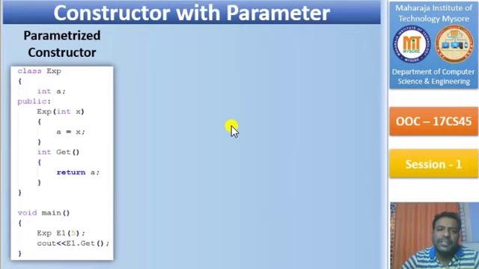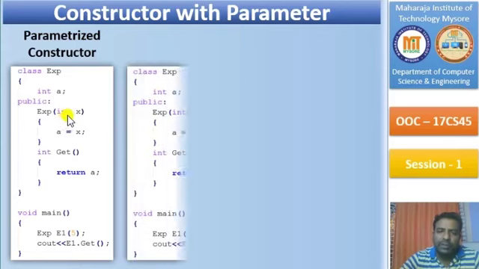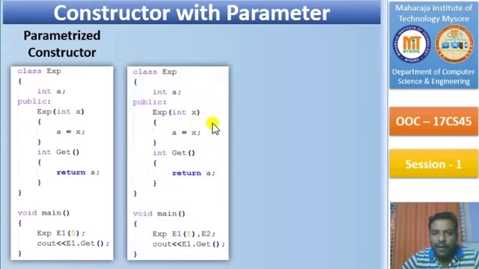Fine. So this parameterized constructor, as I mentioned, is the one which takes parameters, either one or any number of parameters. So now just look at this program. I've slightly modified the program. The modification I've done here is I'm creating one more object called E2. Now just observe. I'm creating the object E1 with one parameter, passing a value for x and assigning it to a. No problem with this object E1, but observe E2 here. Now E2 has no value.